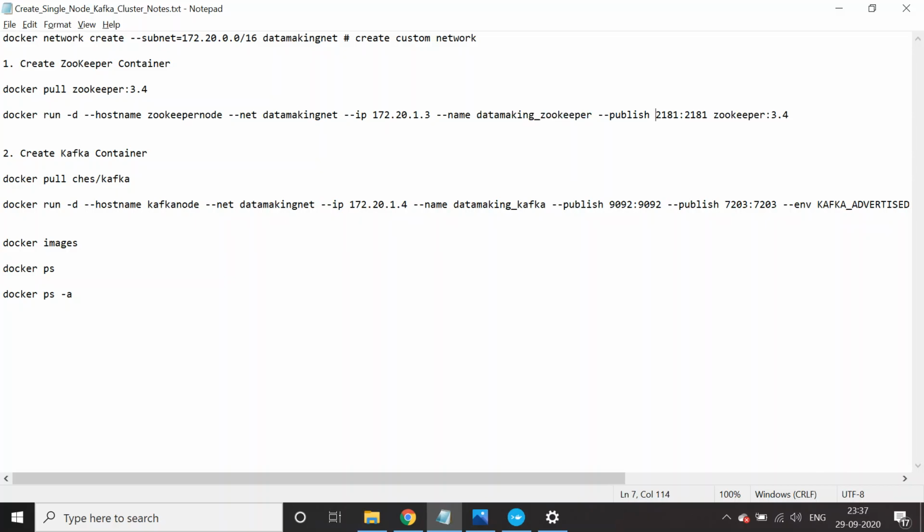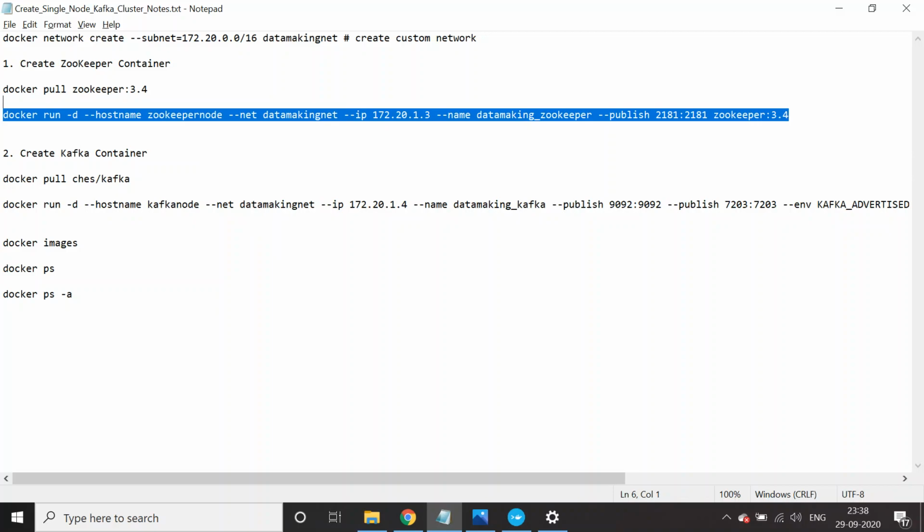And I'm going to publish this port number, 2181, which is the default port number for Zookeeper. And this is the image I'm going to run. Using this command, we can spawn a container, which means create a container, launch a container, all are the same.